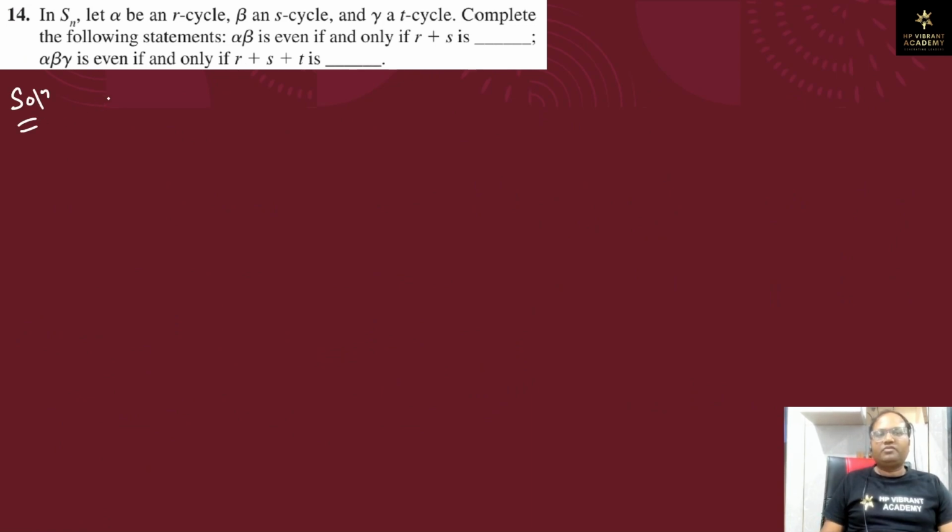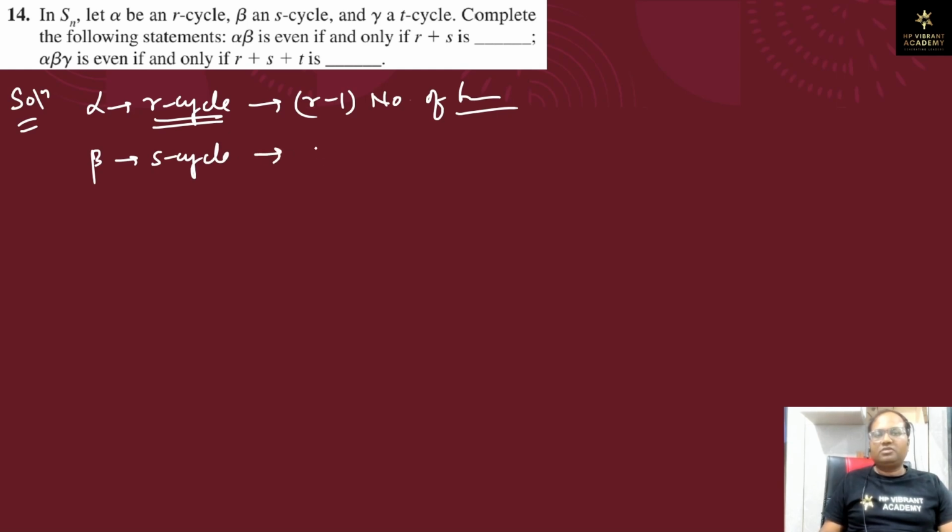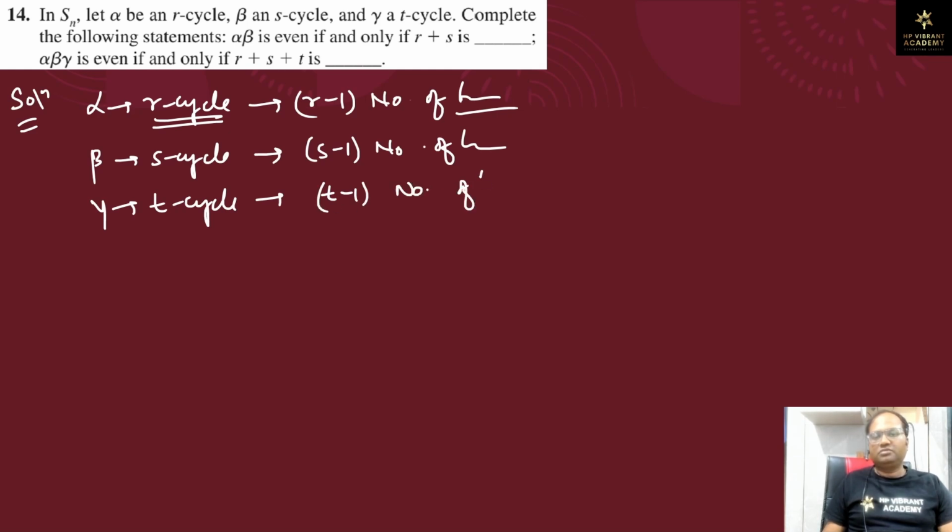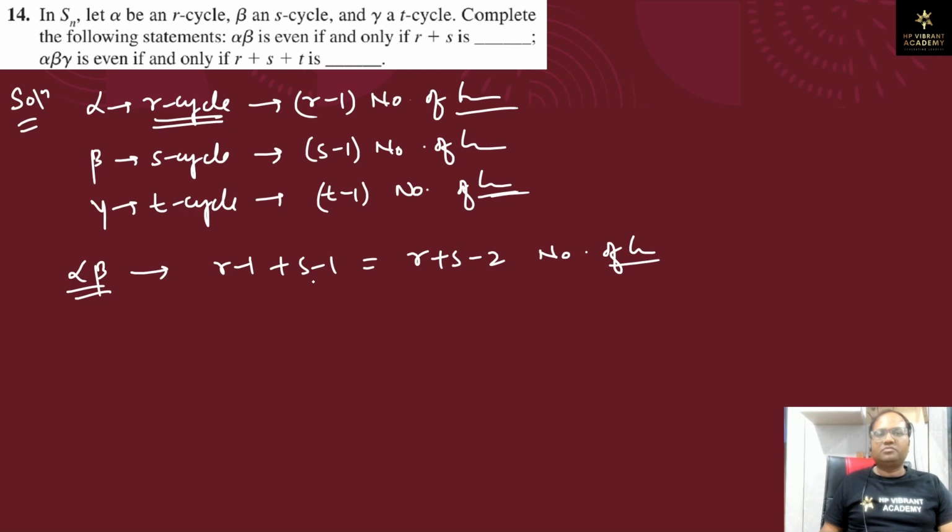ओके, इन Sn लेट अल्फा भी है R साइकिल, अल्फा क्या है, R साइकिल। ठीक है, तो R साइकिल है तो R माइनस वन नंबर ऑफ ट्रांसपोजिशन में ब्रेक होगा। ठीक है, बीटा क्या है, S साइकिल, तो S माइनस वन नंबर ऑफ ट्रांसपोजिशन में ब्रेक होगा। गामा क्या है, T साइकिल, तो T माइनस वन नंबर ऑफ ट्रांसपोजिशन में ब्रेक होगा। ओके, तो अल्फा बीटा कितने नंबर ऑफ ट्रांसपोजिशन में होगा, R माइनस वन प्लस S माइनस वन इज इक्वल टू R प्लस S माइनस टू नंबर ऑफ ट्रांसपोजिशन। ठीक है, तो क्या दिया भाई, कंप्लीट द फॉलोइंग स्टेटमेंट, अल्फा बीटा इज इवन,